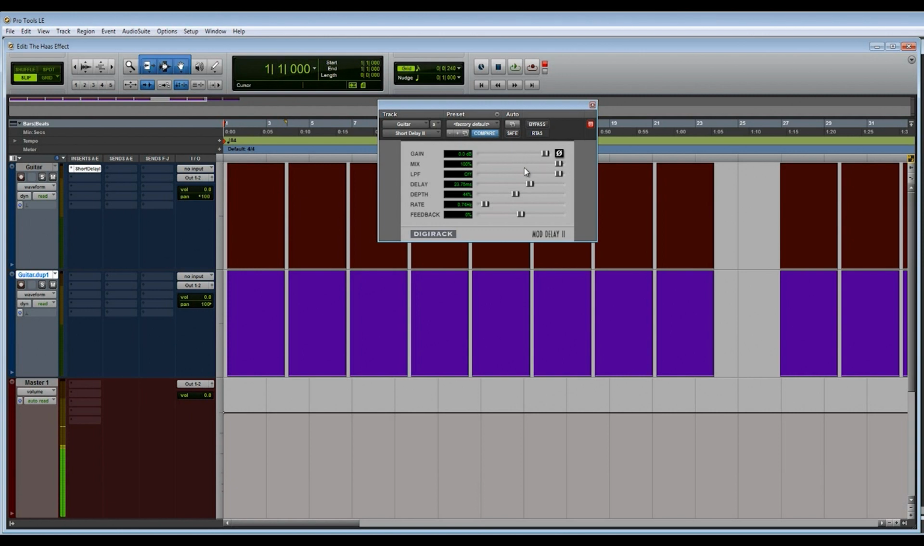We want 100% of the mix. We'll just pull down the delay to 0 for now, and the depth will pull that down as well, and same with the rate. And what we're going to do is duplicate that and bypass it. And on this one, we're going to automate it